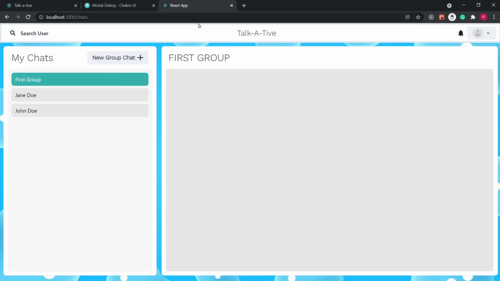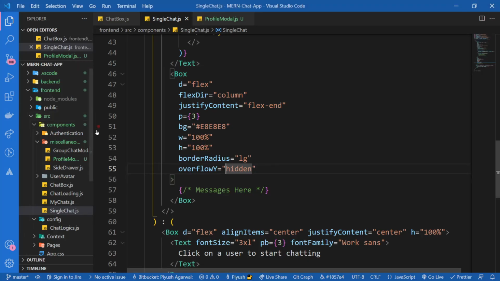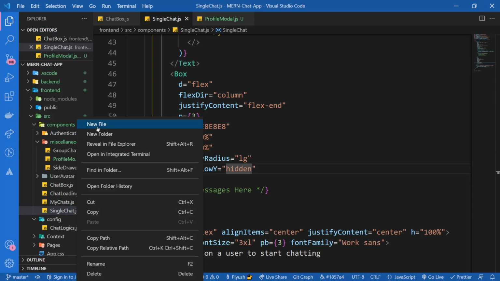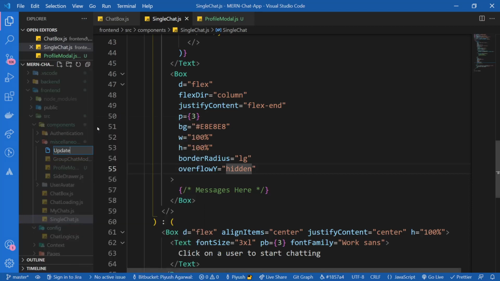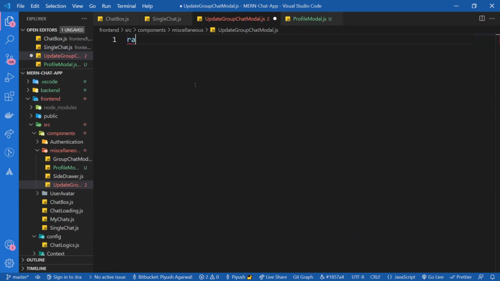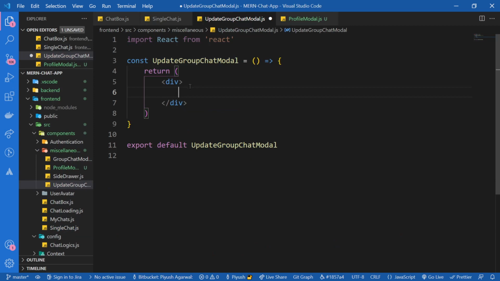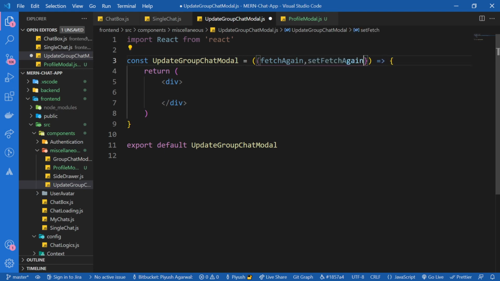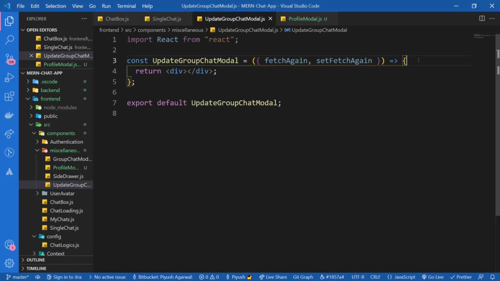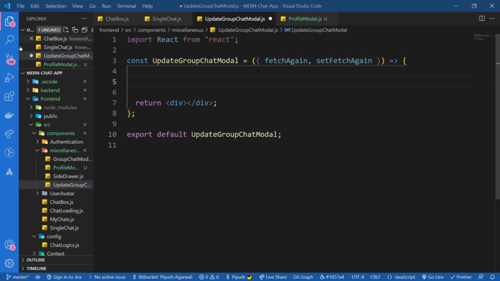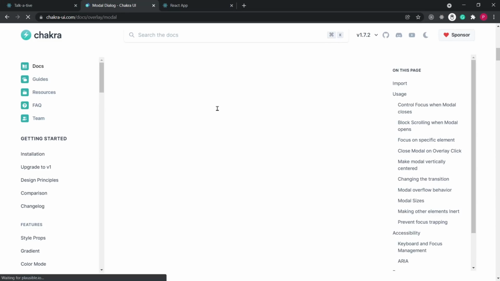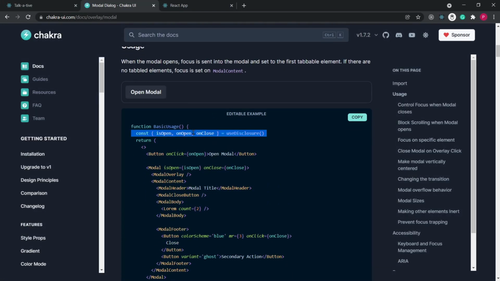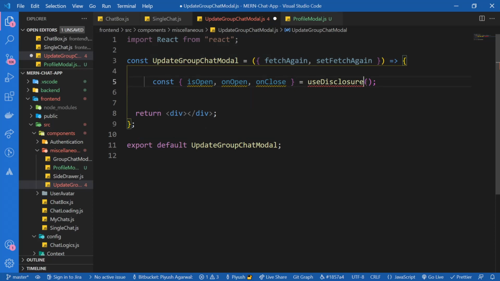this particular thing. Okay, so I'm going to go inside of miscellaneous and get a new file for update group chat modal.js, RAFCE. It takes a few things, fetch again and set fetch again. Now in here I'm just going to have the usual use disclosure. So I'm going to go to the browser. For our modal, what do we use? This thing, use disclosure, paste it here,